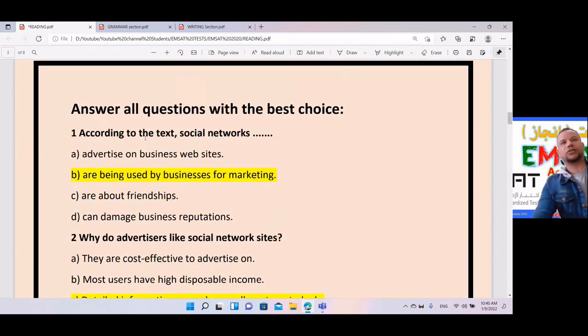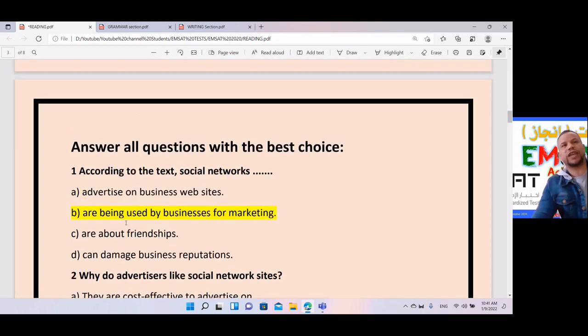For example, according to the text, social networks advertise on business websites or are being used by business for marketing. And this is the answer. I will tell you why. Or are about friendships or can damage business reputations. So I have here one bad result, damage business reputation, and we have two good points about friendships or advertised business websites